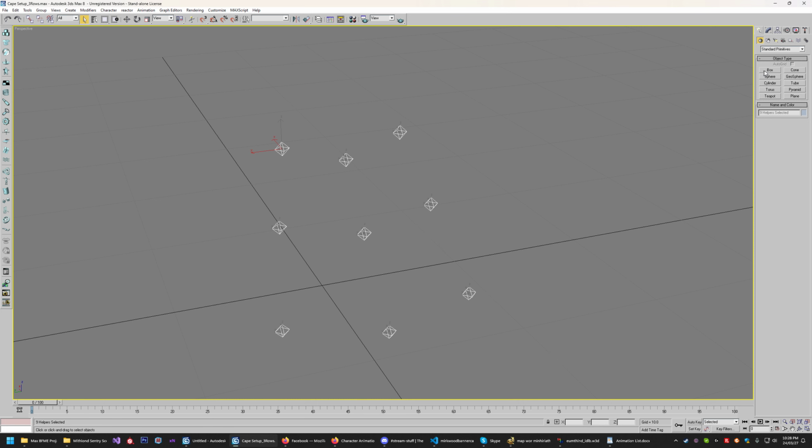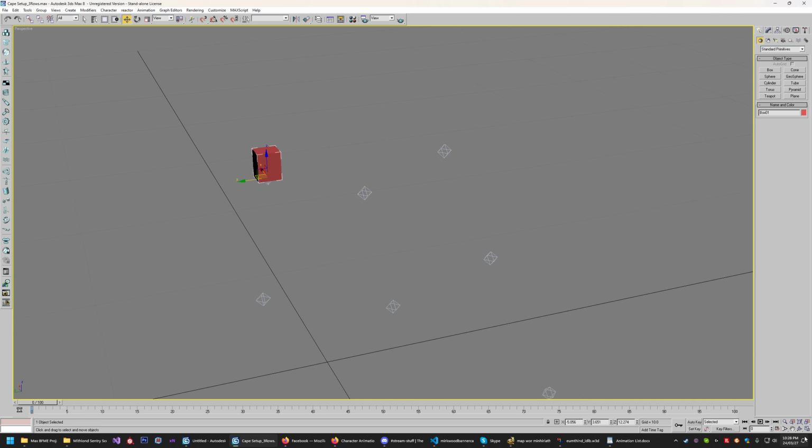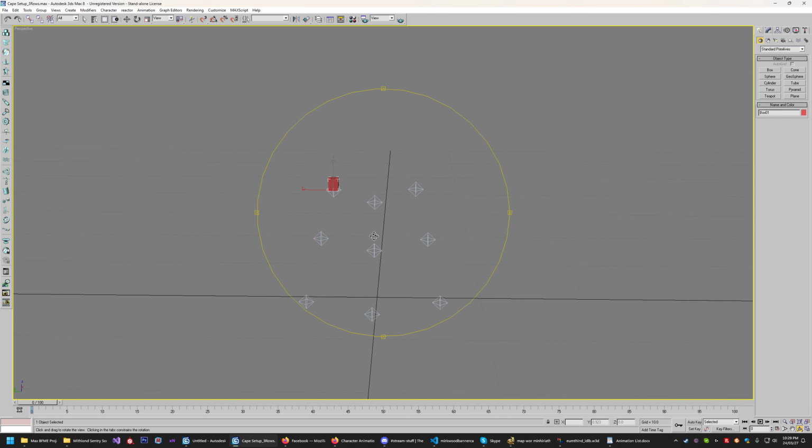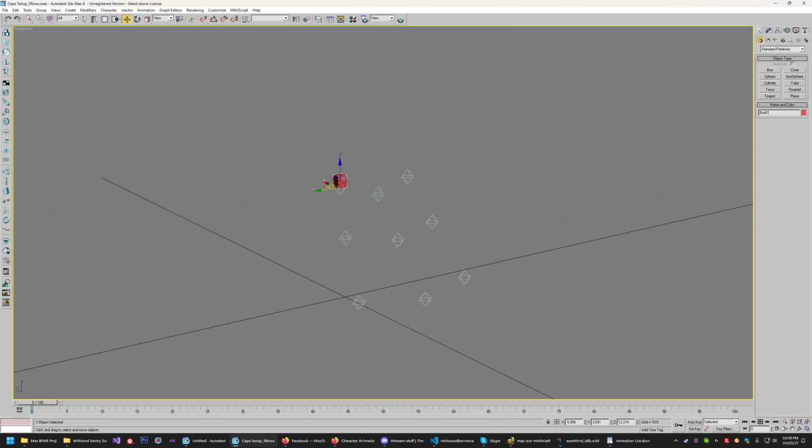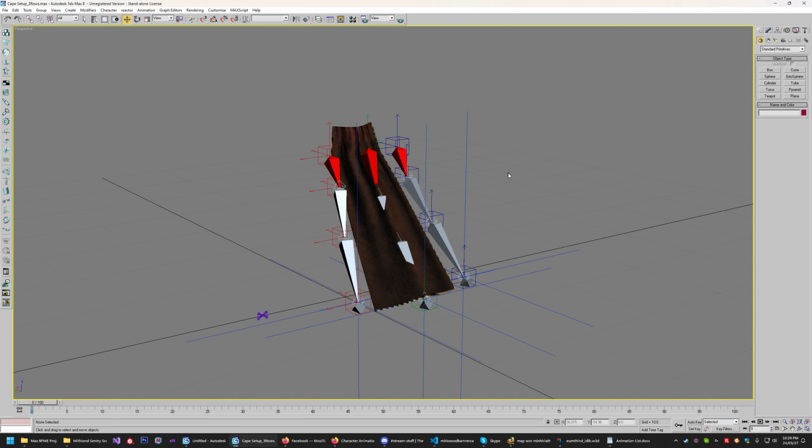The first thing you need to do is put a box on each key. I haven't found an easier method to do this, but basically what I do is go to this key and copy the values from the transform. So it's here, then copy this, copy this, copy this, copy this. So it's in this position. Right, now if you fast forward and do it for all the bones,